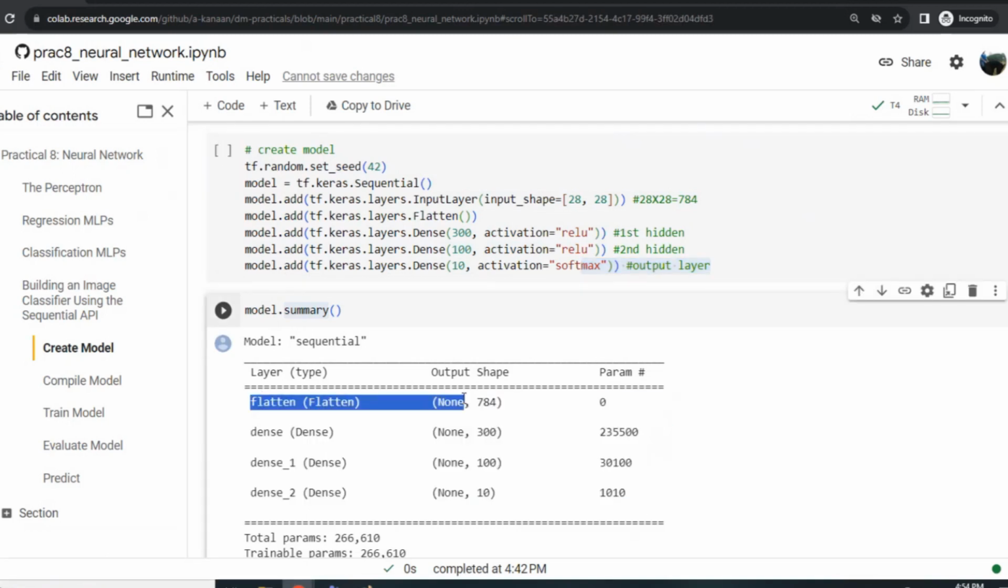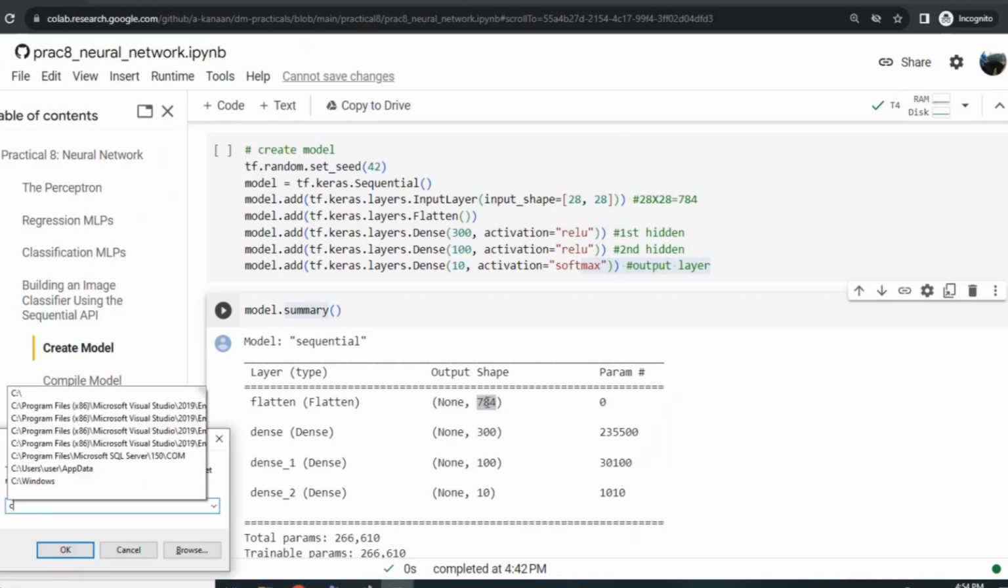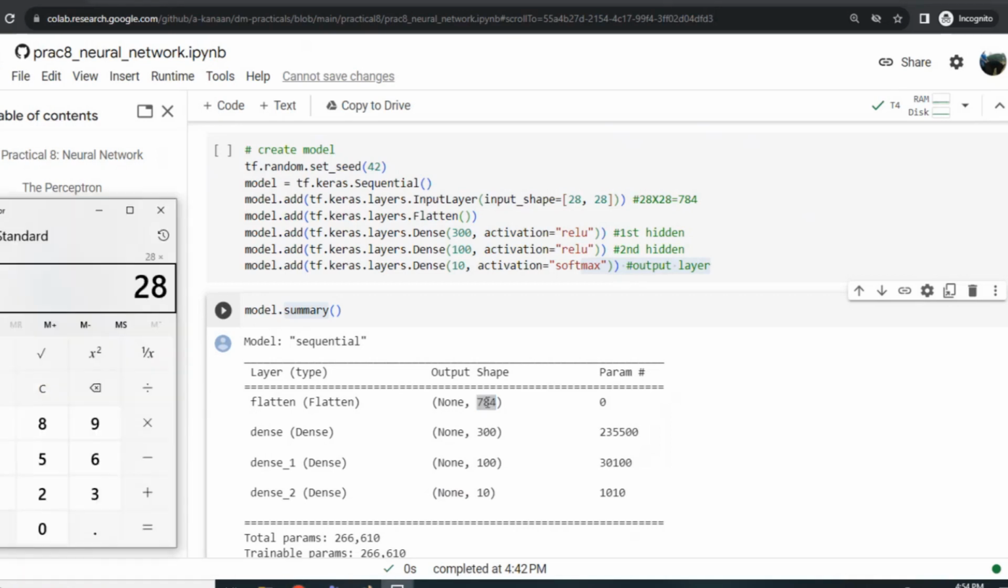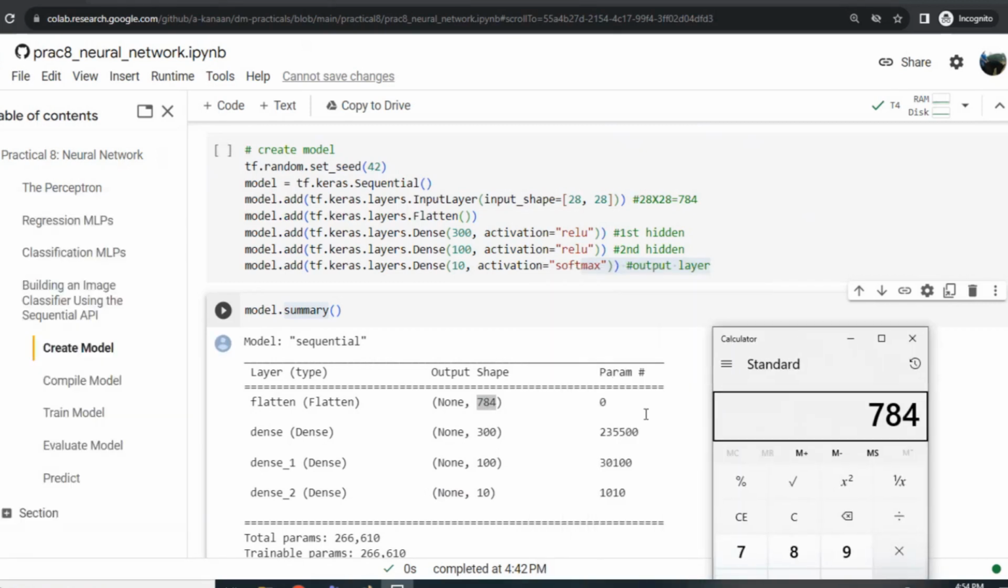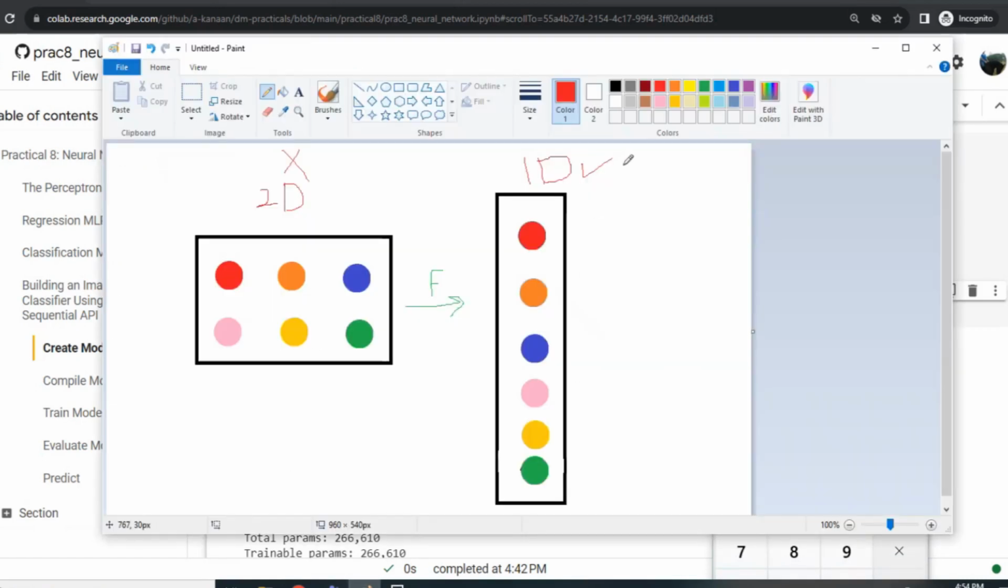The flatten, and how many inputs do we have here for flatten? After flattening 28 by 28 pictures, they become 784. Why? Because if you multiply 28 by 28, you're going to get 784. So the total number of pixels inside each picture is 784 pixels. By the way, 784 pixels means later when I need to feed the neural network, the input layer,